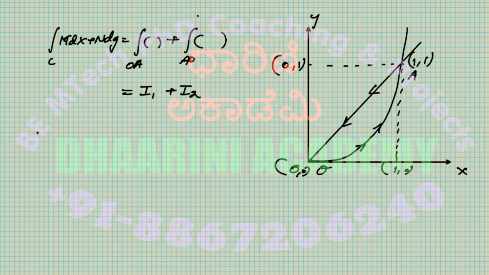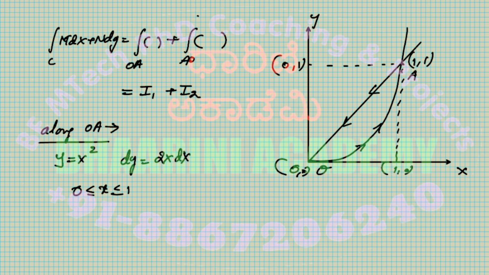So what is I1? That is along OA. When I move along that, it's pretty much the same, so already we have done that. y becomes equal to x square, and dy is equal to 2x dx, and we can see that x varies from 0 to 1, 0 less than or equal to x, less than or equal to 1. So